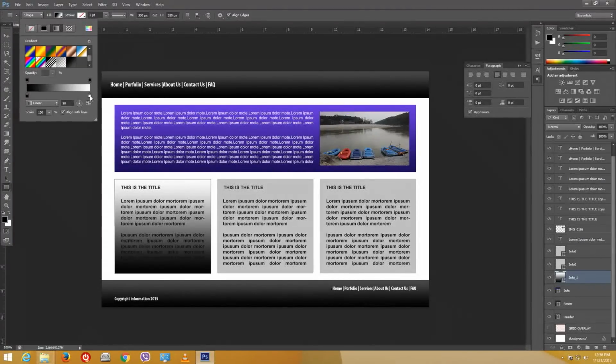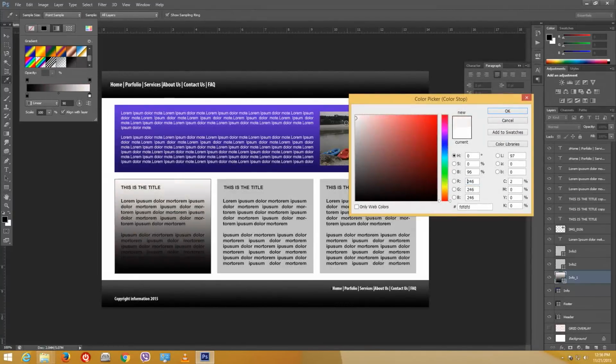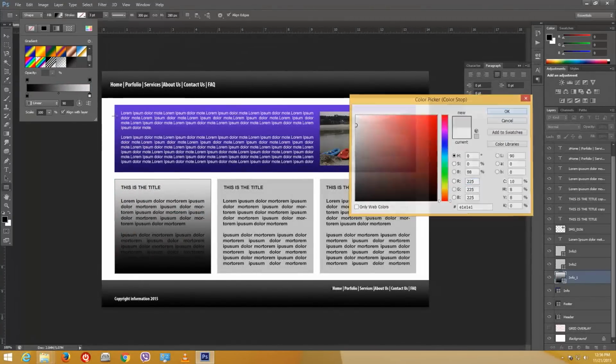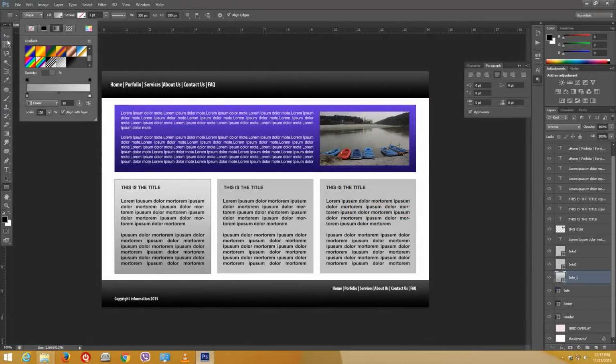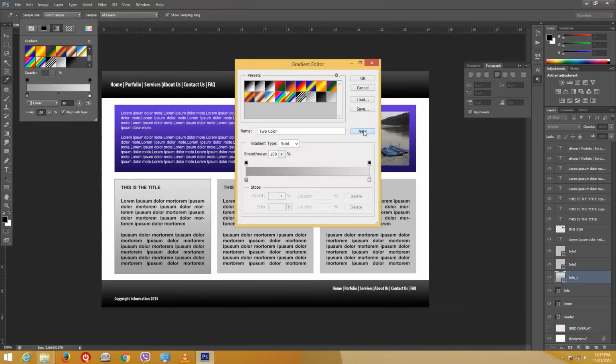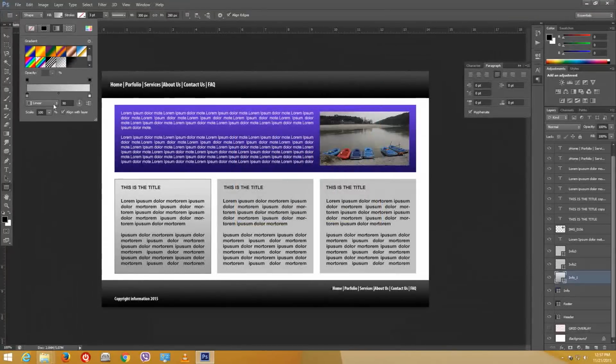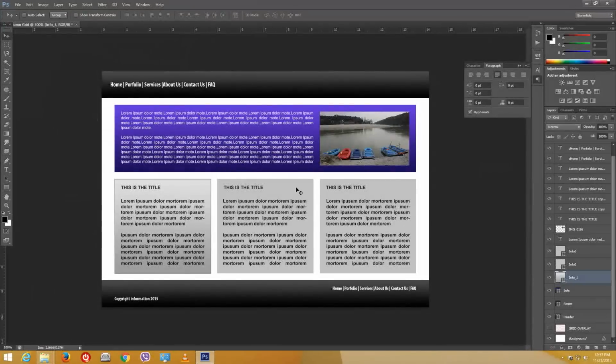maybe a light gradient over here. I want a light color over here, and then at the bottom I want a darker color. Alright, okay, so I want to apply this. I need to save this, so click on it, click new. So I got the gradient over here. Go on to the next two boxes,